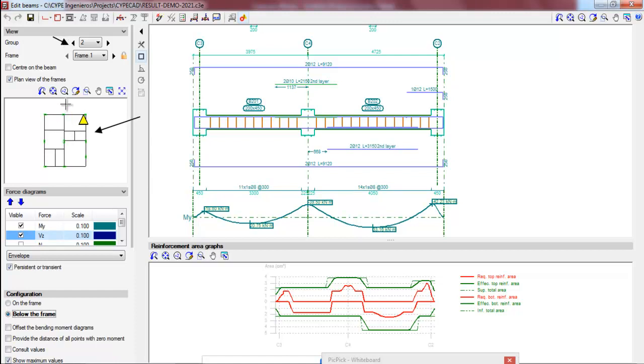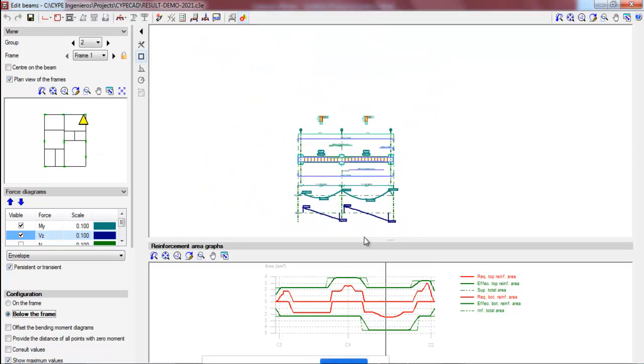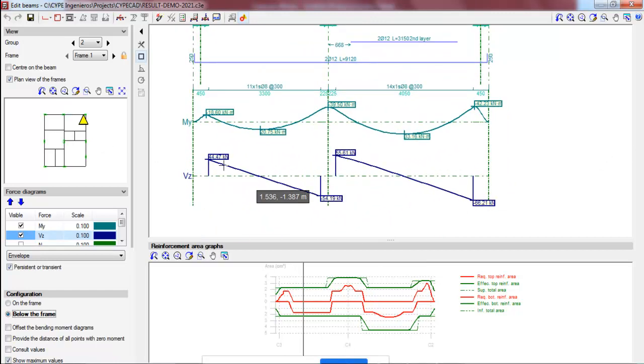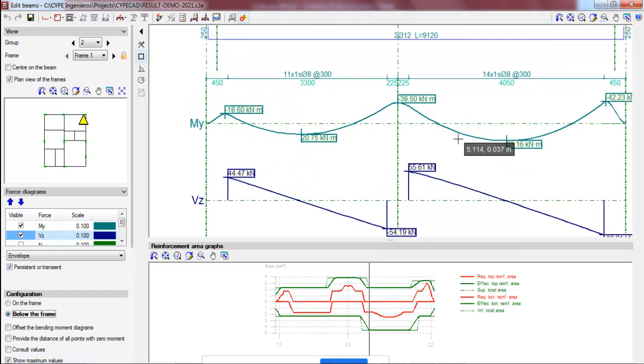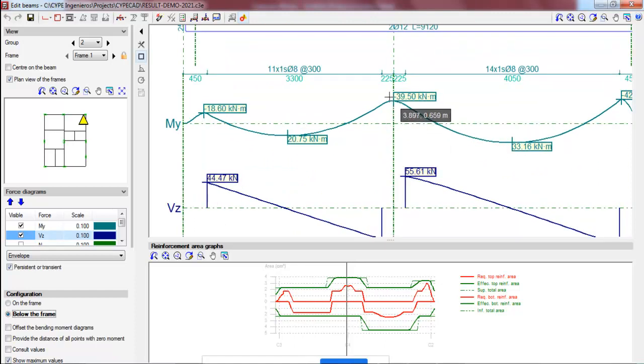Whichever frame is selected, it is giving the longitudinal section of the beam, and correspondingly it is also giving the bending moment and shear force values for that particular beam. This is giving the reinforcement calculation for this particular bending moment. This is the required reinforcement: red color is the required reinforcement, and the green color is the provided reinforcement.